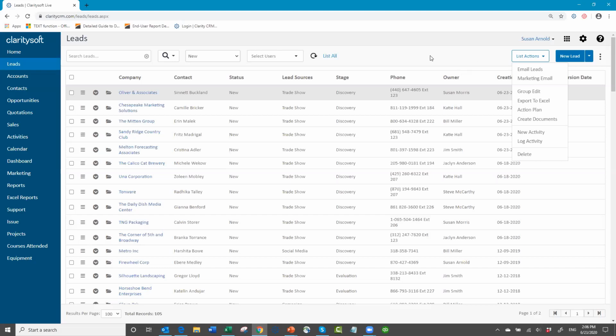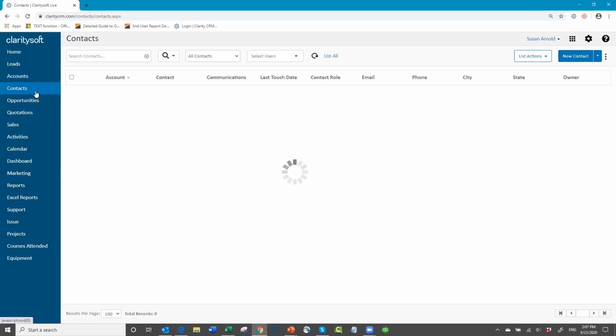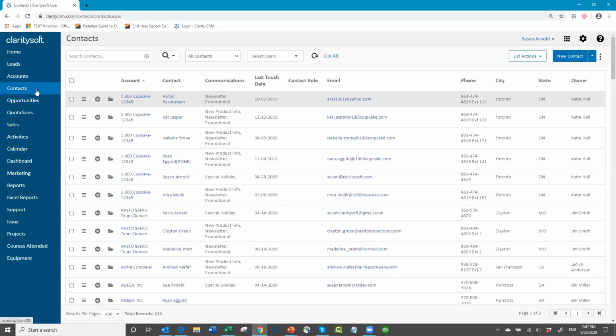All right. So with that, let's go ahead and do some things here. And as you go to the different modules, you will see different list actions in each module that we can do. So let's see. I guess we'll start with the simplest one, emailing, which you're the most familiar with, I would imagine. So if I went to contacts and I wanted to search, I want to find all the people that are in the purchasing department. So in my contact record, I do have